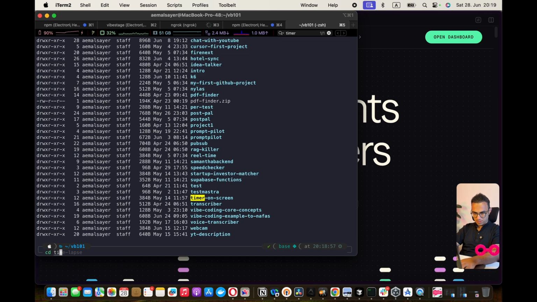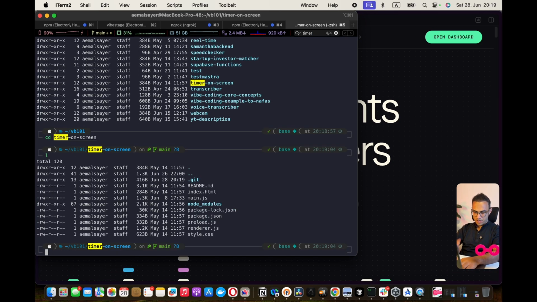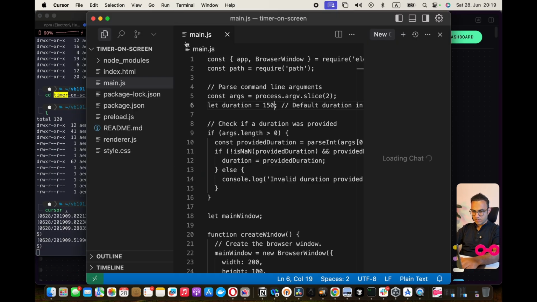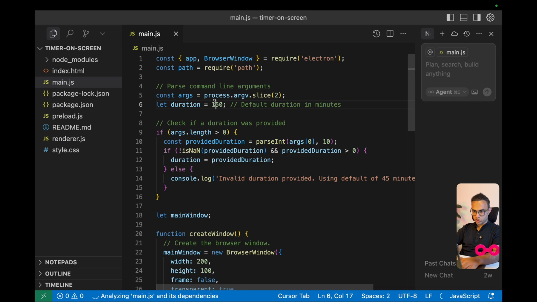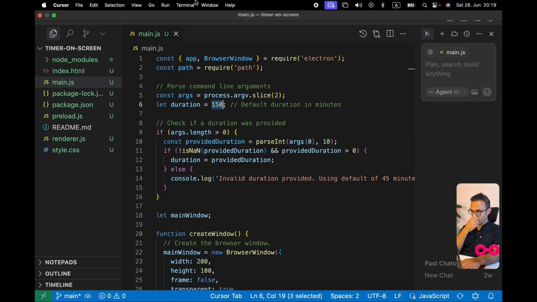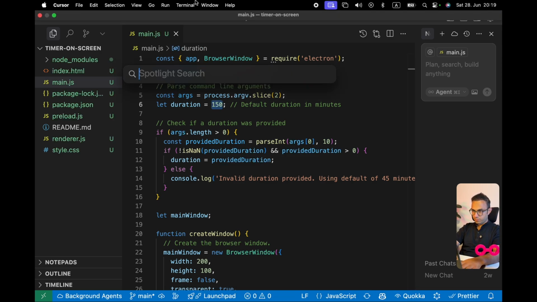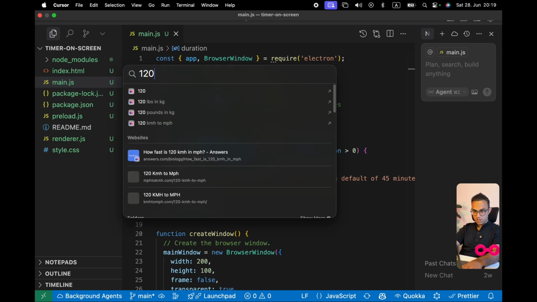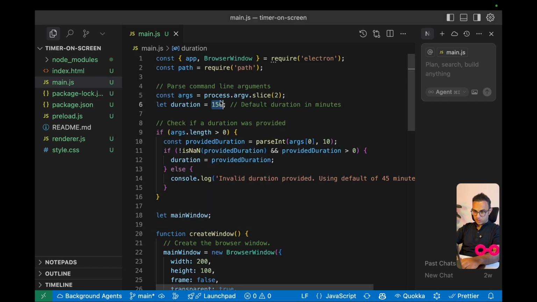A timer on screen. We will see a timer on my screen so that I do not divert too much. So we have something around, how many minutes is that? 2 hours and 40 minutes, so we have 180 minutes left for 3 hours.